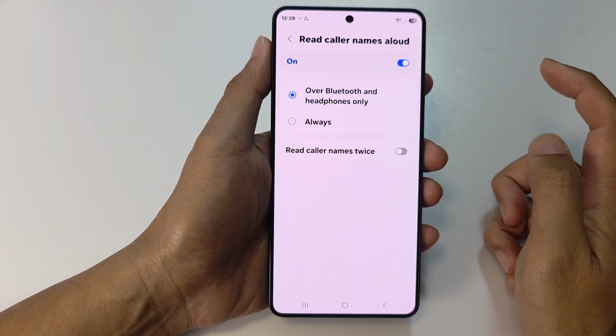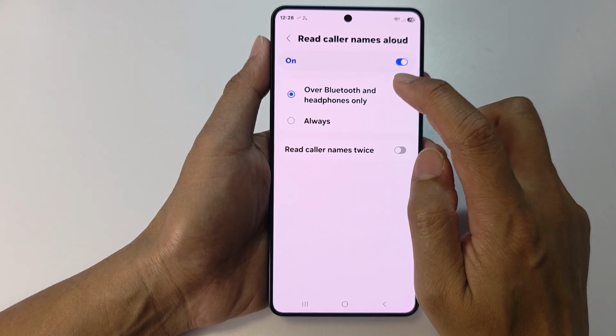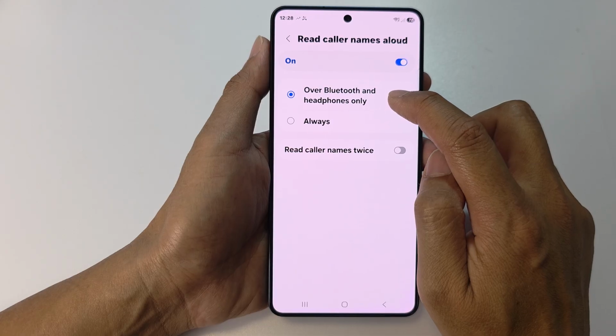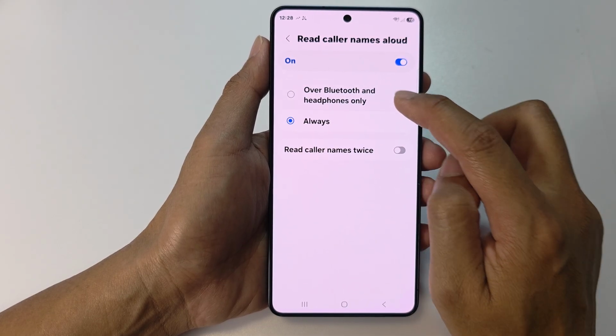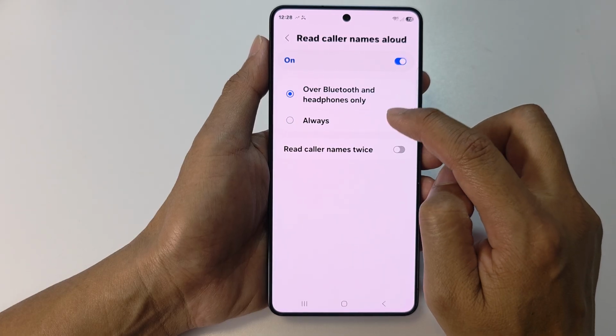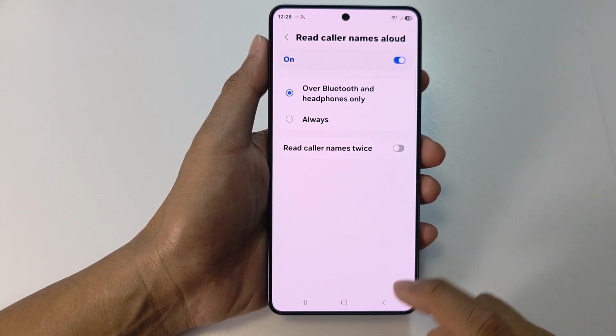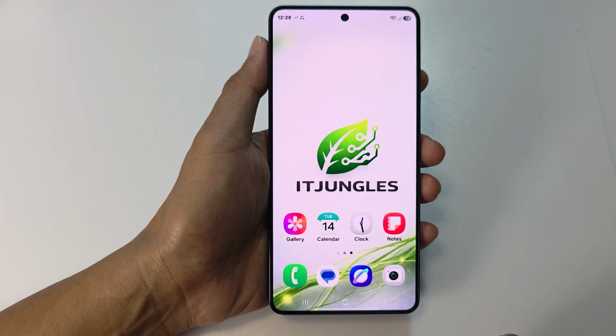Tap on the left-hand side panel. Then from here you can choose over Bluetooth and headphones only or always. Select your favorite option and then tap on the back key or tap on the home button to go back